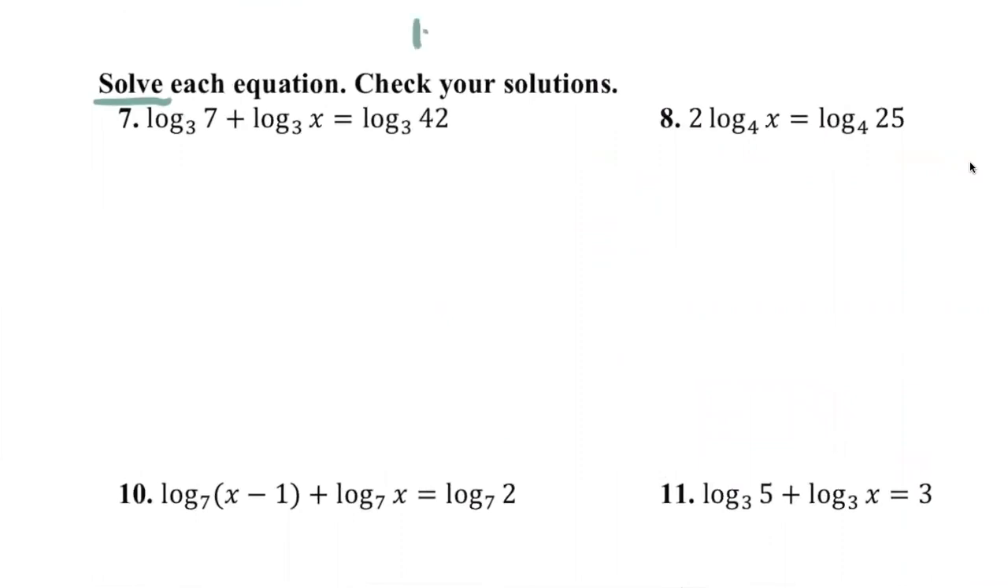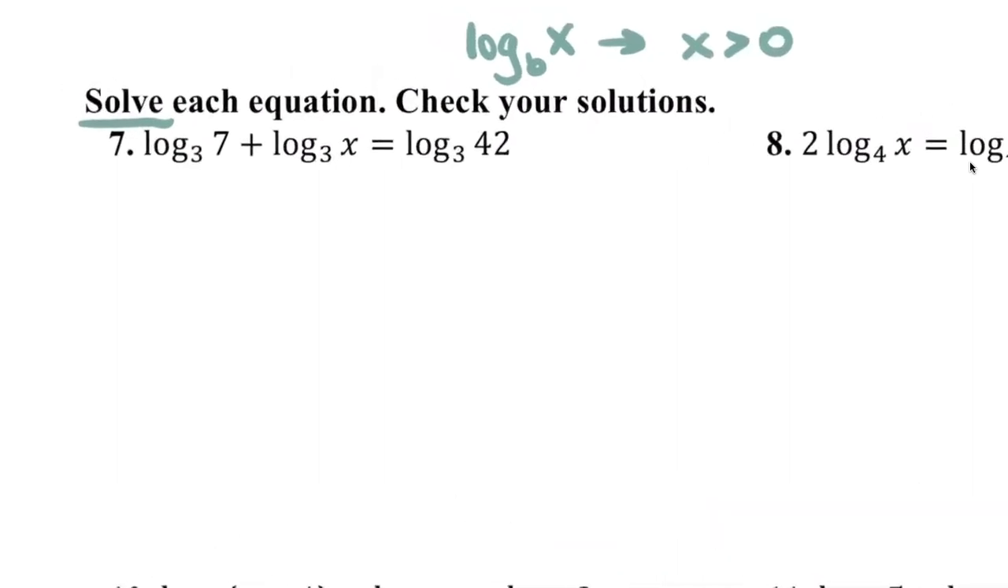So just remember, when we have a log, the argument has to be greater than 0. So I think that's what checking the solutions means. I have to make sure that we meet that criteria. All right, so starting with number 7, what I notice is I have 2 logs on the left-hand side with